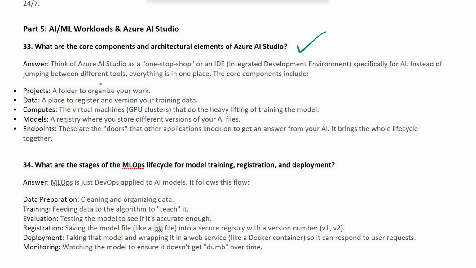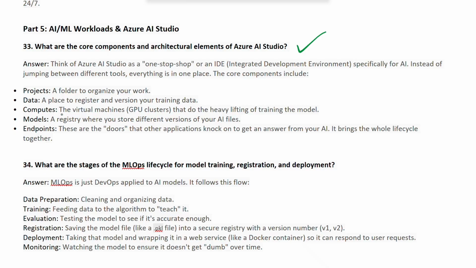So instead of jumping between different tools, everything is in one place. The core components include projects, data, compute, models, endpoints. The project is basically a folder to organize your work, and data is a place to register, maintain and manage versions of your training data.